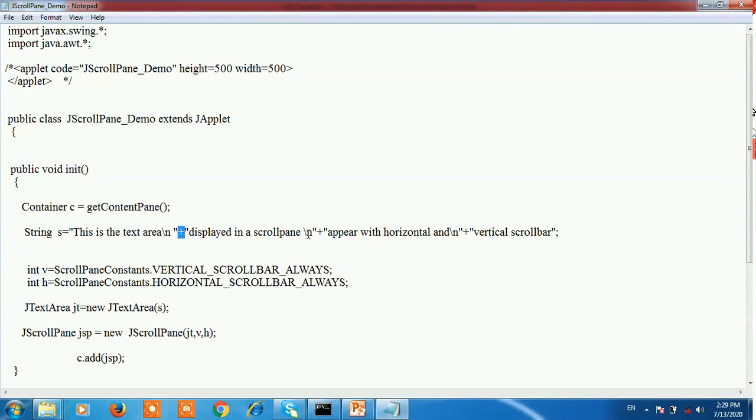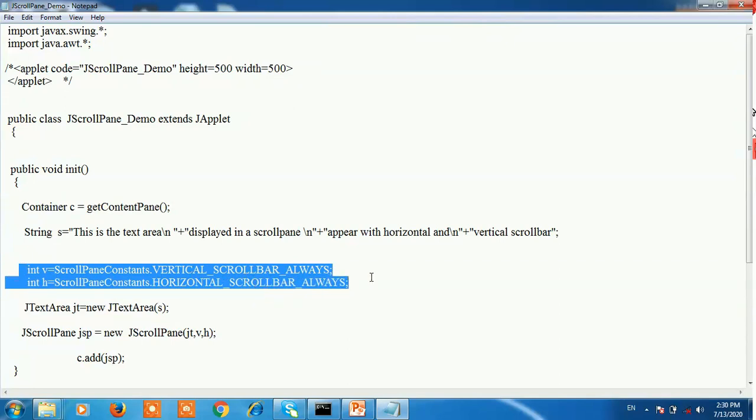"Displayed in scroll pane" \n plus "appears with the horizontal" \n plus "and vertical scroll bar". This is the string. Next, int v is equal to ScrollPaneConstants.VERTICAL_SCROLLBAR_ALWAYS, and int h is equal to ScrollPaneConstants.HORIZONTAL_SCROLLBAR_ALWAYS. This is nothing but the integer values of vertical and horizontal.